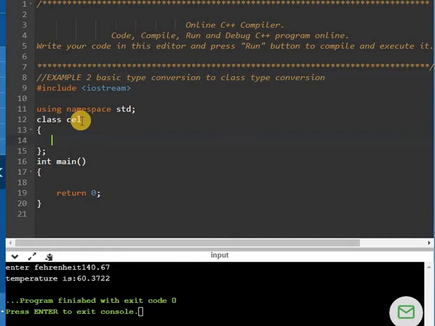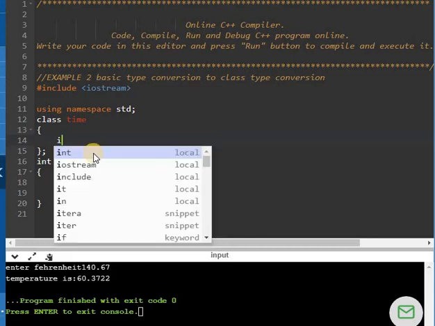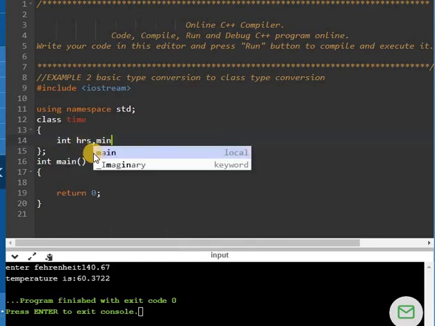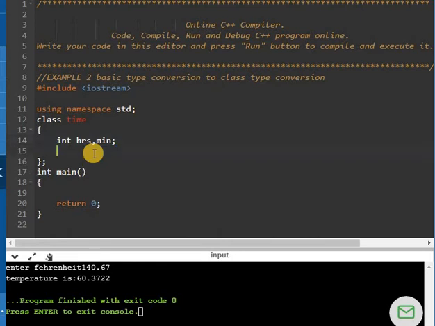Okay, so the class which I am taking is Time, and for Time I have two data members. One is hours and another one is minutes. So in the public section I'll be having a constructor. Which constructor? The conversion constructor.